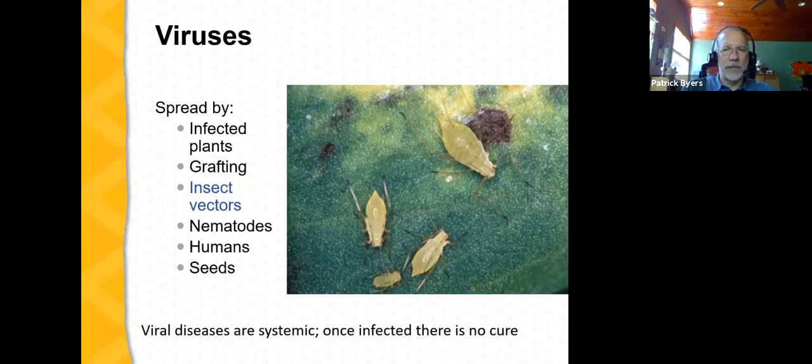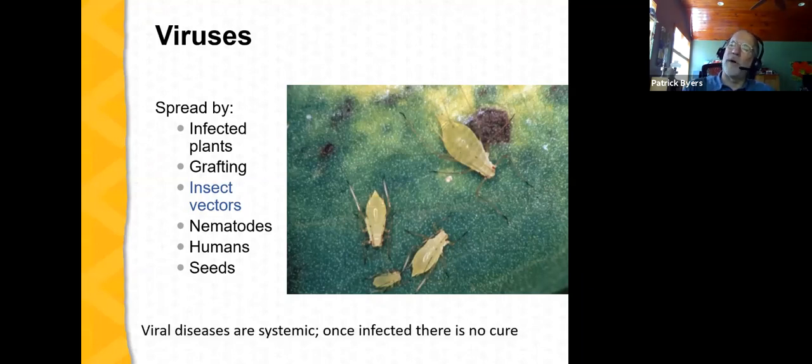And a good example is insects. Here we see a picture of aphids. And aphids are very effective vectors of a number of different types of viruses. And the way this works is the vector feeds on a plant that is infected with the virus. It draws the plant's juices, the sap and other things into its body, and it carries the virus along with it into its body. And then when it moves to another plant and begins to feed, in most cases, the virus can then move from the inside of the vector into the new plant. And again, aphids are very effective at doing this.